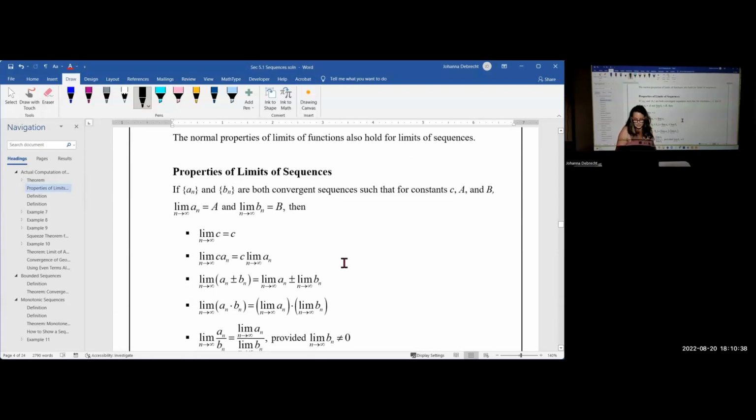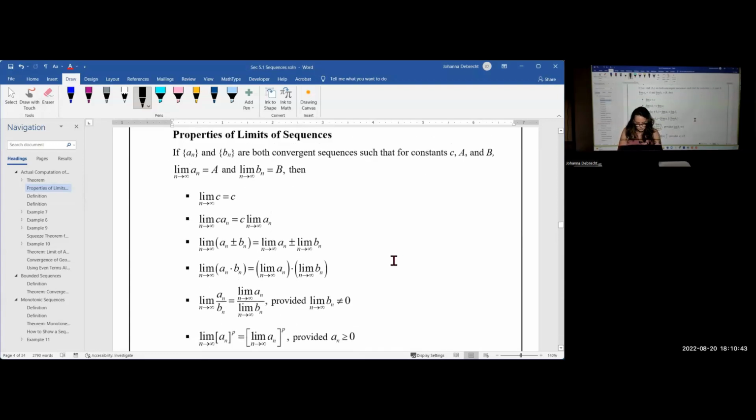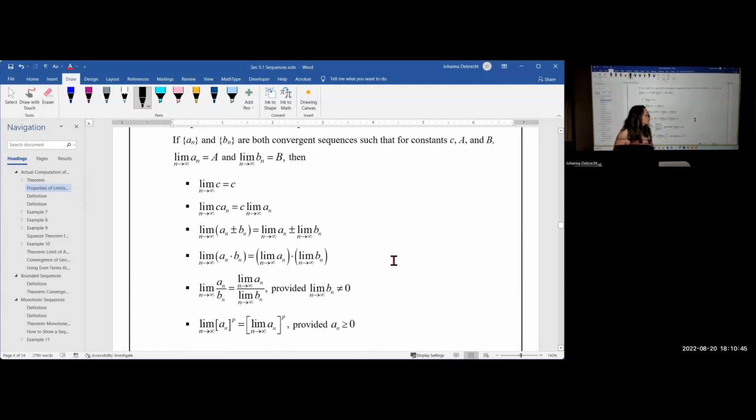Now, the normal properties for limits of functions also hold for limits of sequences. So we're going to scroll through these really quickly. These are the properties for limits. We'll let a sub n and b sub n be convergent sequences, and we'll let lowercase c and uppercase A and B be real values, some constants. If the limit of the sequence a sub n as n goes to infinity is uppercase A, and the limit as n goes to infinity of b sub n is uppercase B, then again, we can say